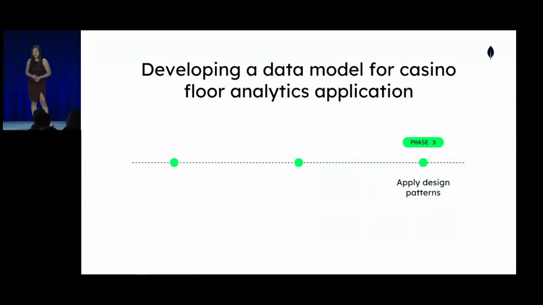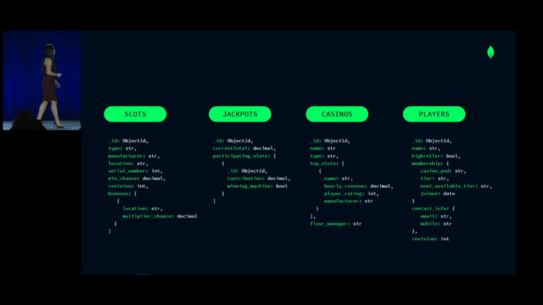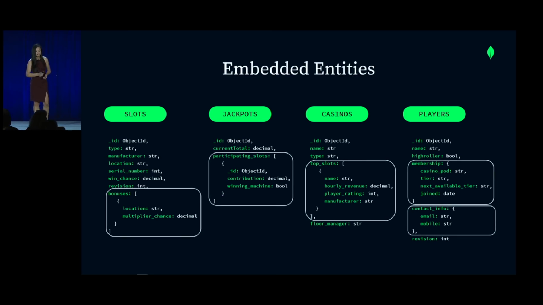And now we apply the design patterns, and don't be overwhelmed because it's like, bam, there's a data model right there. We will go through them. As we've found these entities, as we've decided these are the best pieces of information to capture for our application, you'll find that these are just some fields that we know we're going to keep track of as part of our entities. So the first portion to take note here are the entities we decided to embed.